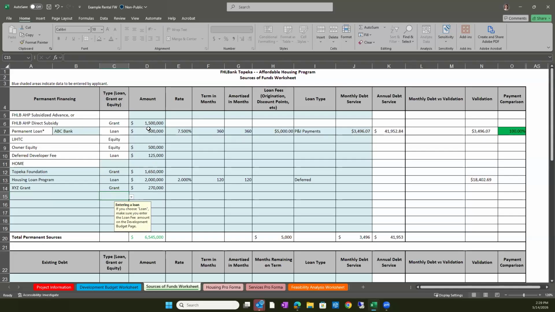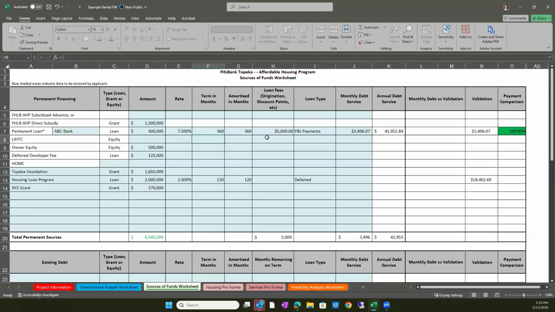Okay. In addition, when we're looking through these sources of funds, we will require that you provide documentation to verify the source, amount, and any loan terms as applicable for each source of funds. So you can see for my permanent loan here, I've entered an interest rate, the term, the amortization, loan fees, et cetera. We will want to make sure that we have documentation to verify the information that you